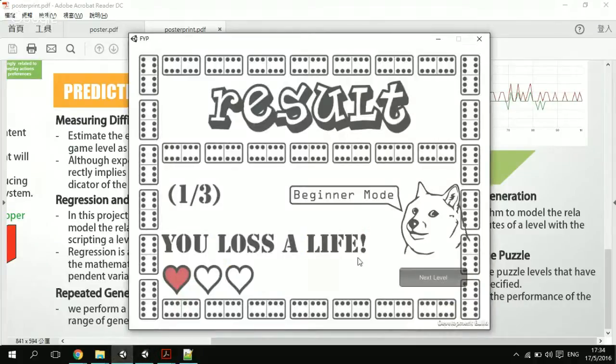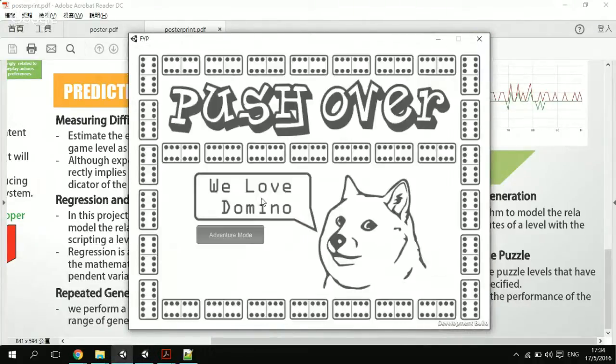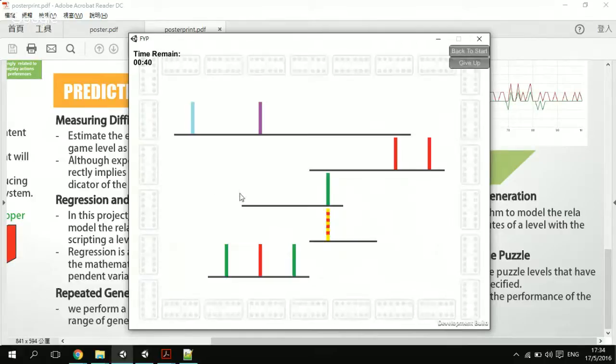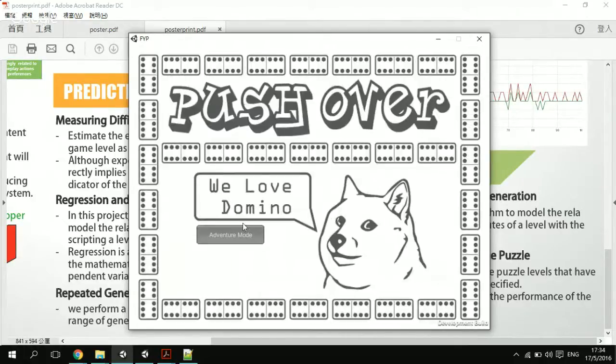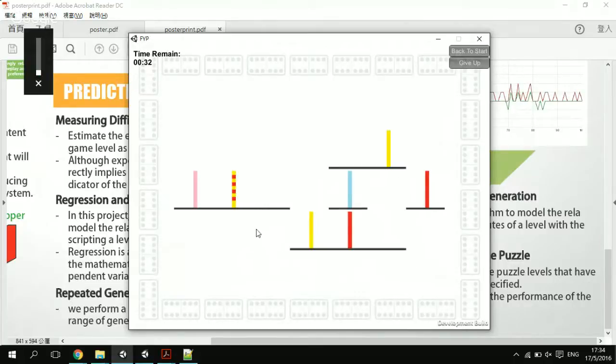So here is our demo. Our game has an adventure mode, and you will start from the beginner mode, and it will generate some levels in the beginner mode, which means they are rather easy to solve. And after each time you solve a puzzle,